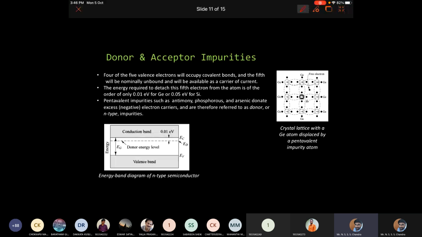Okay, and then if we come to the extrinsic semiconductor, in the extrinsic semiconductor what happens? We are adding some impurities. So impurities can be pentavalent impurities, or